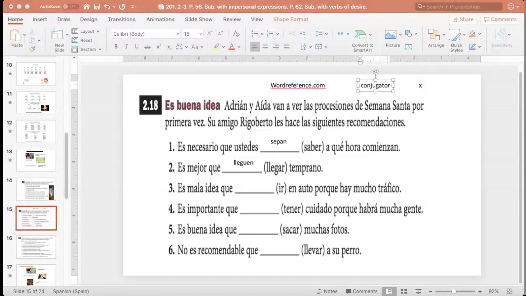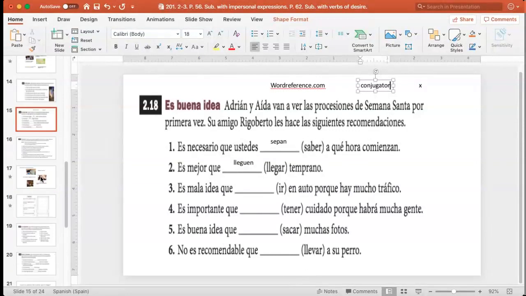Yes, I think you read the conjugator. If you just click this one, you can find the conjugation of any verb. Okay. Try to use it. Then the rest of them, you can just do it by yourself. Please do it by yourself. I'm not supposed to answer all the questions.